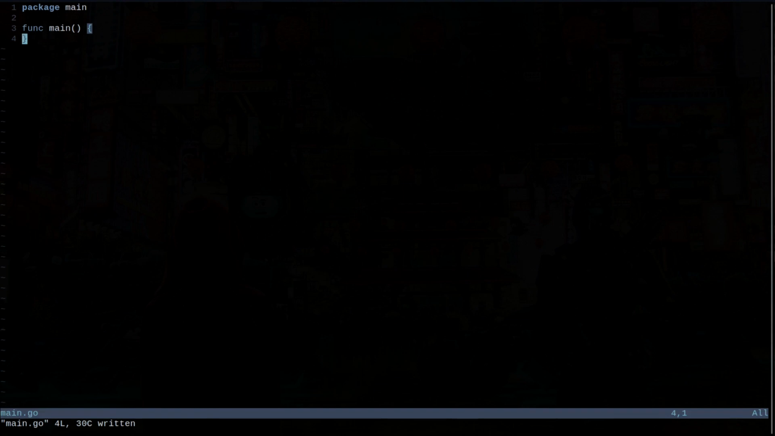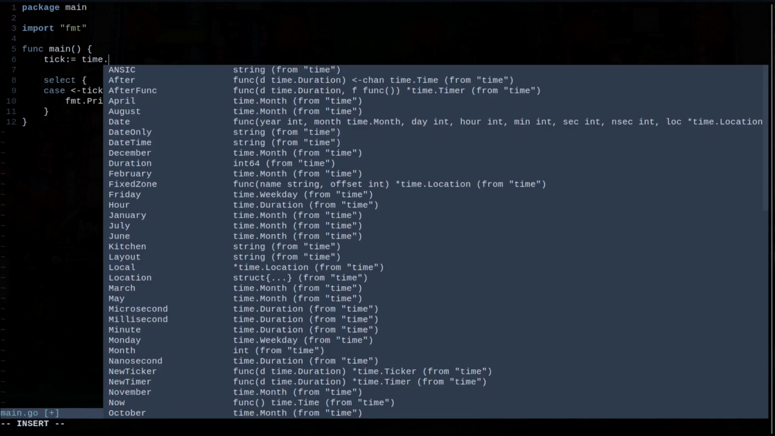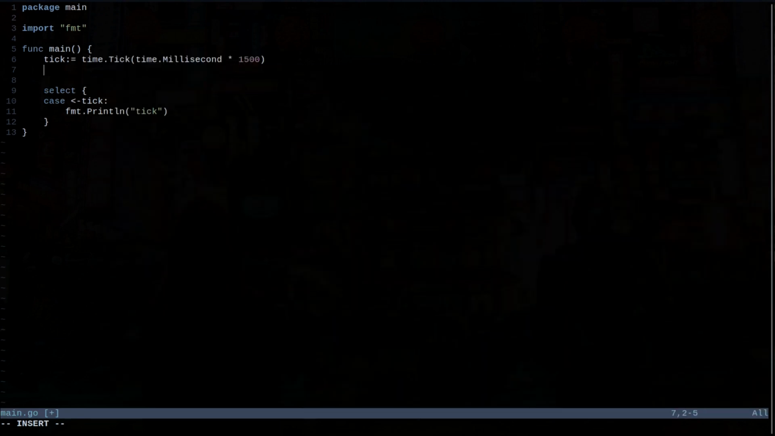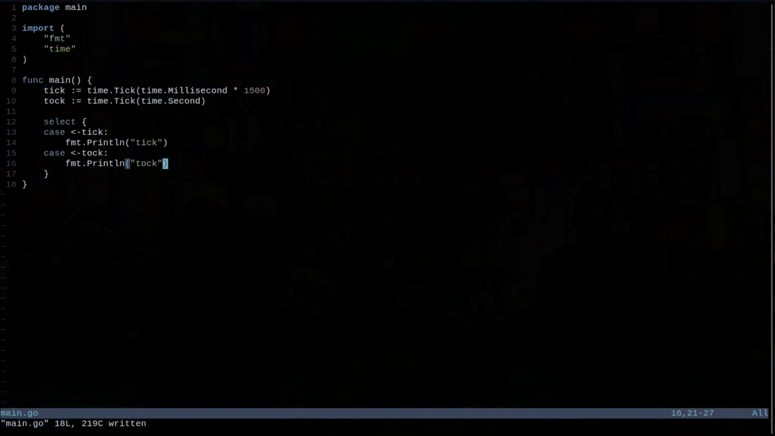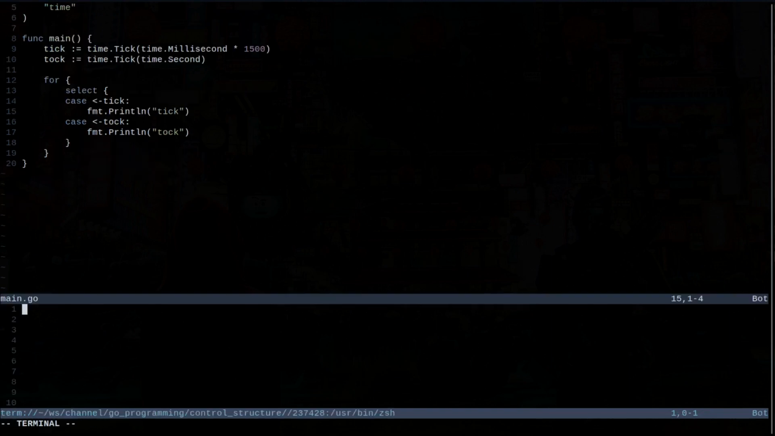Basic select syntax is exactly like switch case. So let's say I have a channel. For this, I need to create a channel variable, for which I'm using the time package. And let's say we have tick, and then we can have another case, tock. So now let's say we want to listen to a channel in an infinite loop. So let's say,